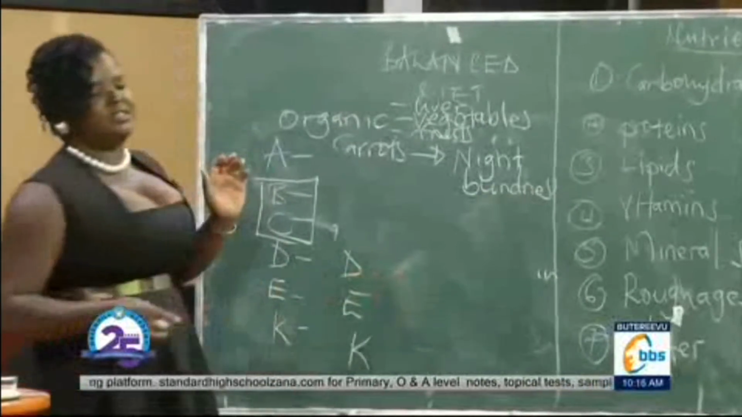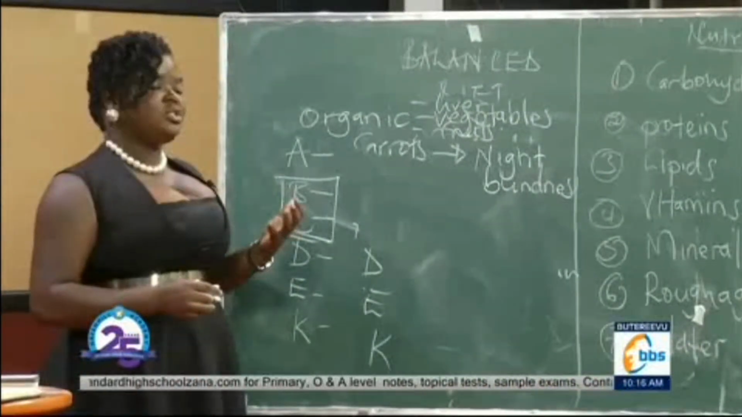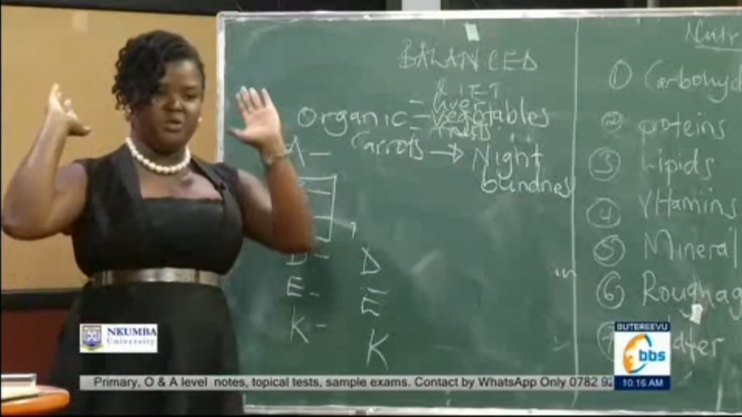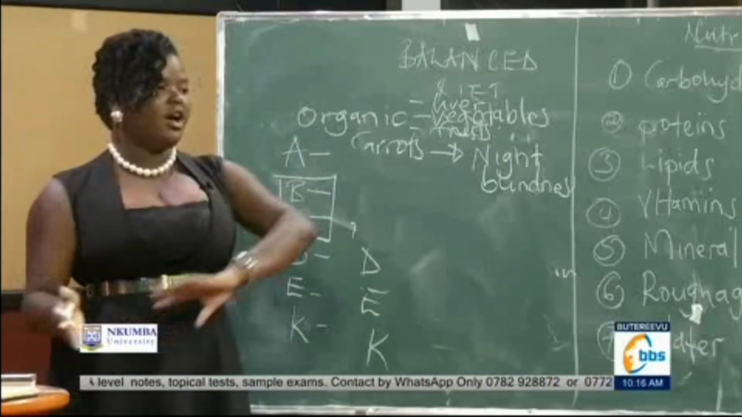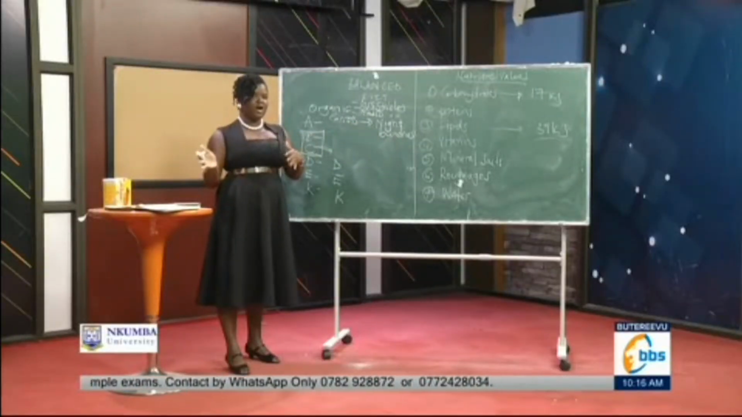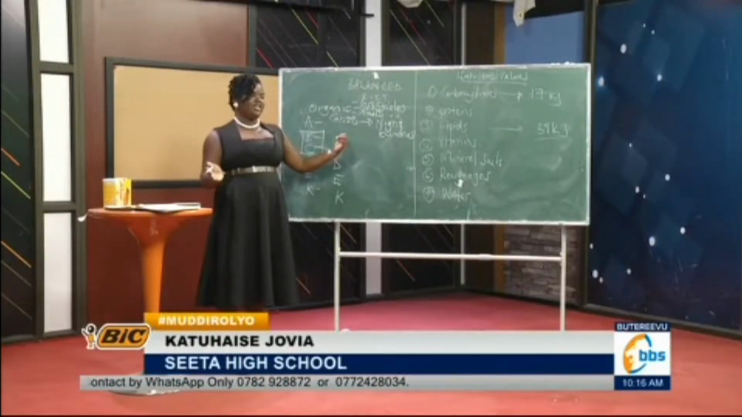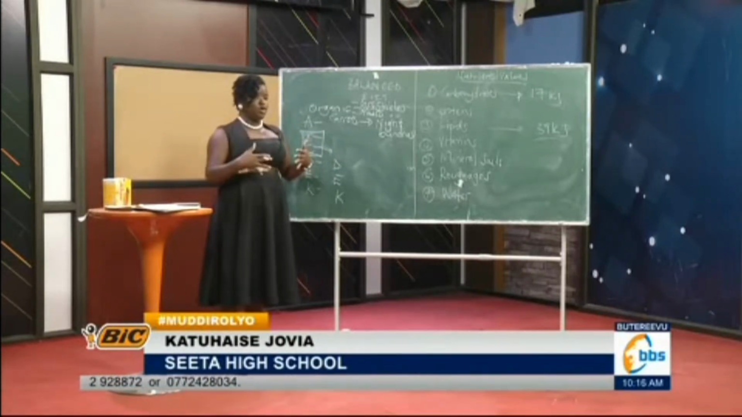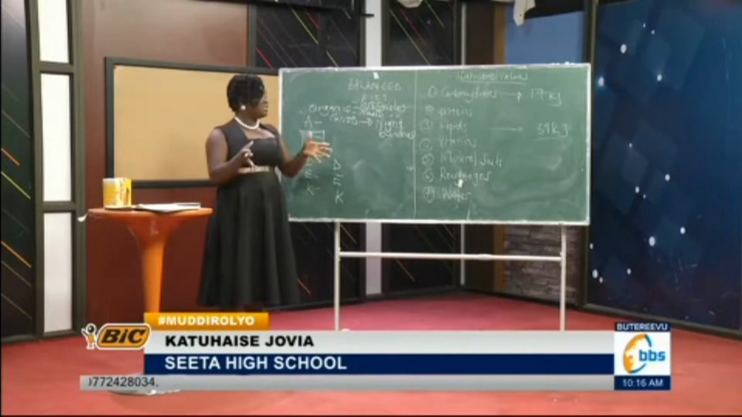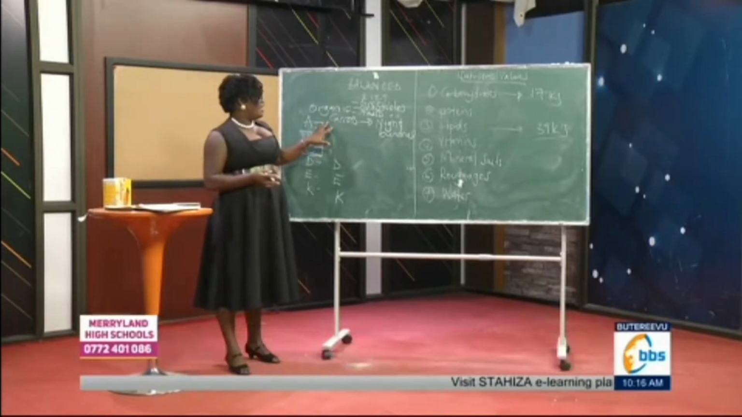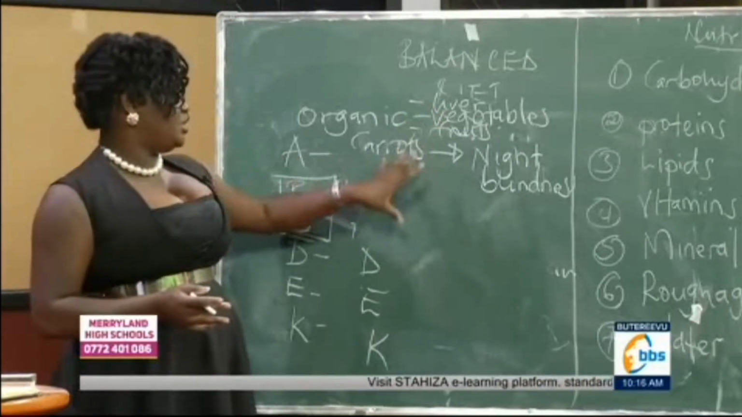Night blindness is the inability of a person to see clearly in the night, especially when you move from a very well-lit area to a dim area, like from outside the house, and then you move into a dimly lit area. So you always get a blurred vision or a cloudy vision, that you cannot see very clearly in a dark environment. So that shows that you are lacking some vitamin A, and that you can easily get from vegetables,